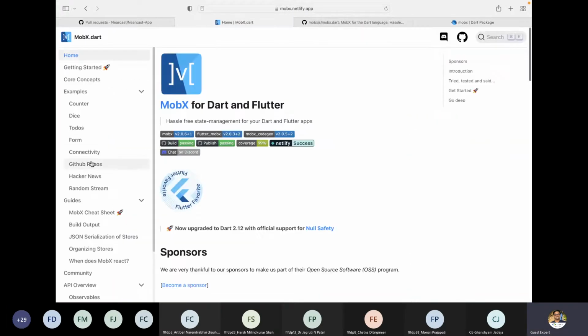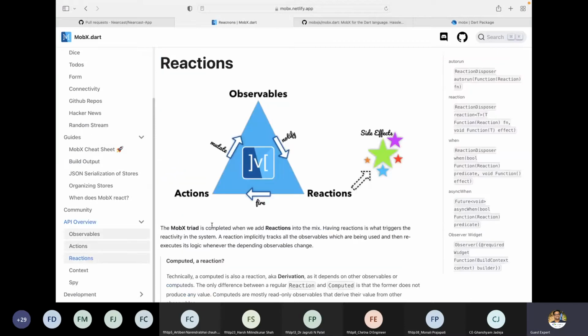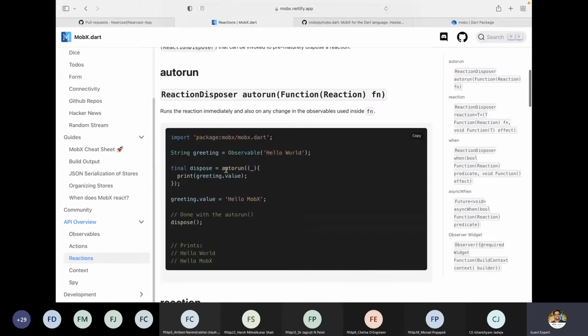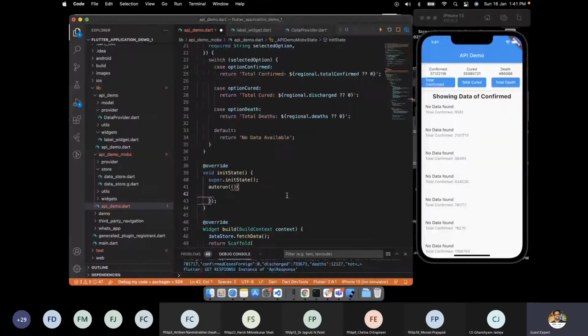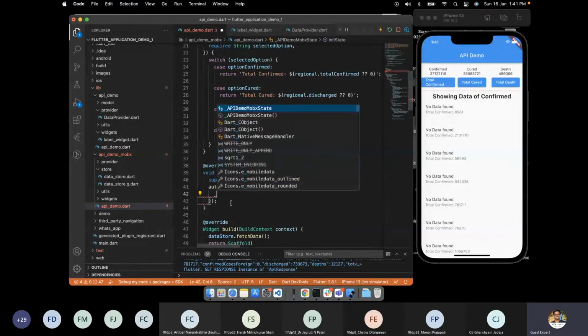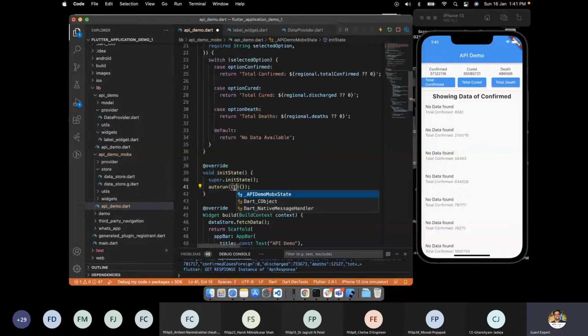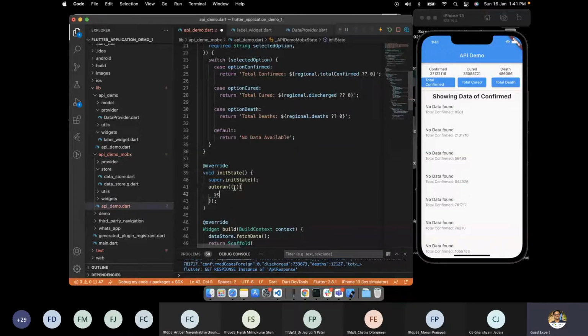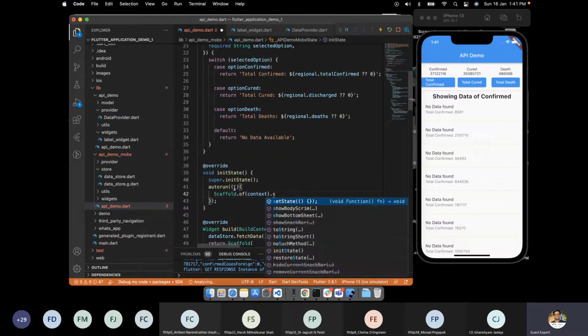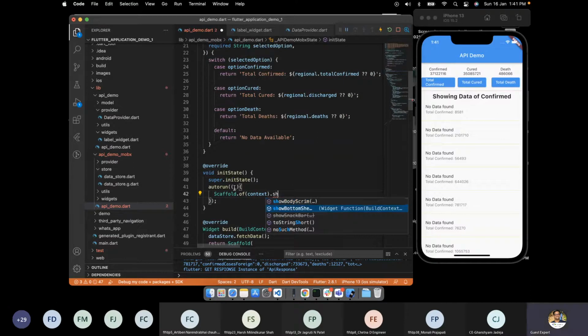So reaction in autorun. In autorun, we simply have this called context, a null function, and what it will run, we can simply have Scaffold.of(context).showSnackBar.